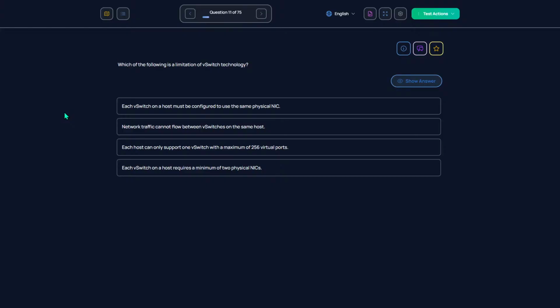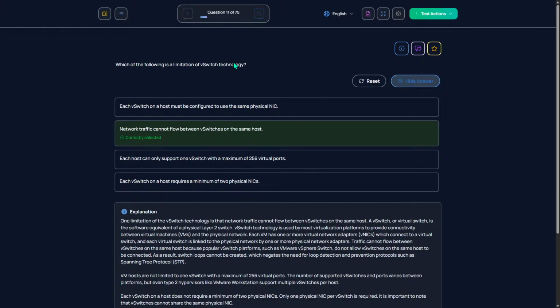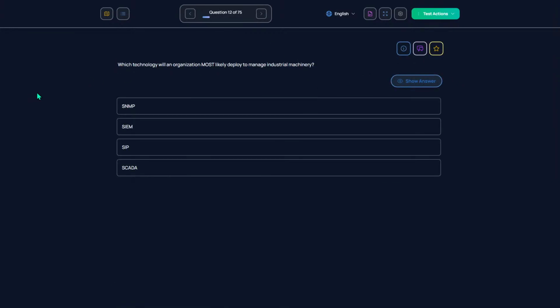Limitation of a V-switch technology: network traffic cannot flow between switches on the same host. Which technology will an organization most likely deploy to manage industrial machinery? That would be a SCADA system.